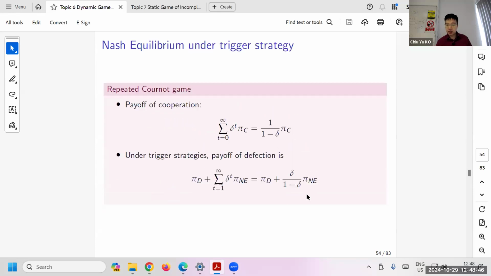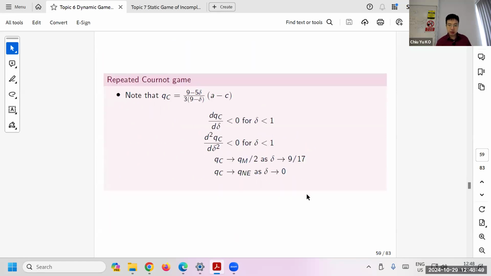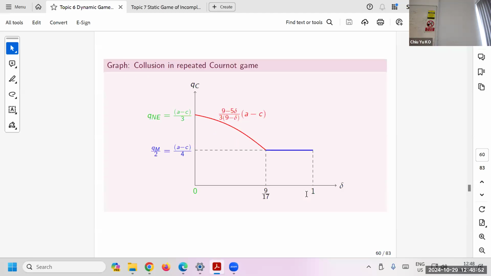So I think I covered this example already, which is a nice example. Probably it's good to see this part because the Folk theorem already tells you this outcome. Although I said this is the best outcome, there can be anything, because when delta is sufficiently patient, it's not just this collusion outcome. Anything is possible. But we focus on the case that is firm optimal, in the symmetric case, on the frontier. There can be anything that can be supported. They need not equally split this QM over 2. Need not be equally split.